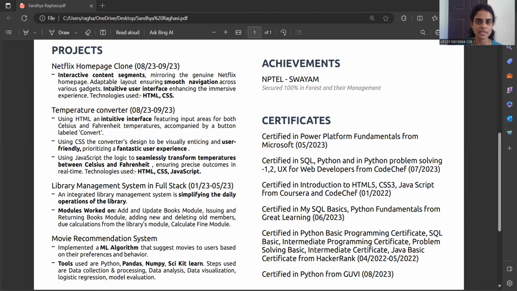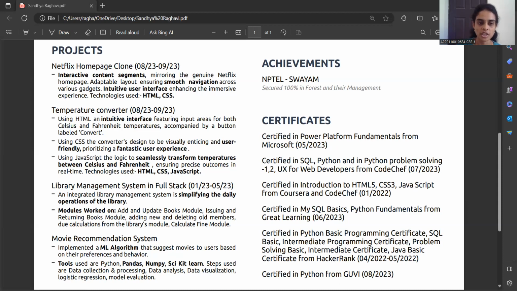Next, the main challenges I faced in this project are responsive design, ensuring seamless adaptability across diverse screen sizes and devices; accurate content replication, replicating content segments with precision, including images, text, and interactive elements; cross-browser compatibility, ensuring it can be opened in any type of browser; and interactive element implementation, incorporating engaging elements like hover elements and clickable elements.